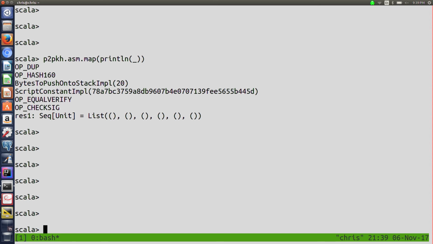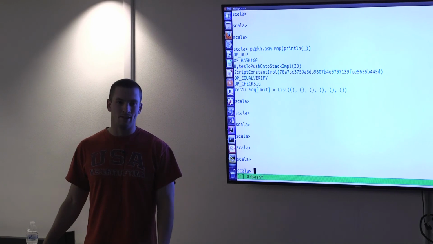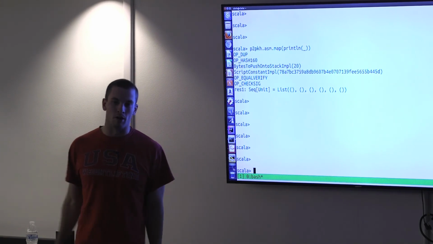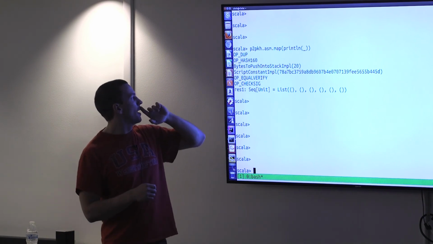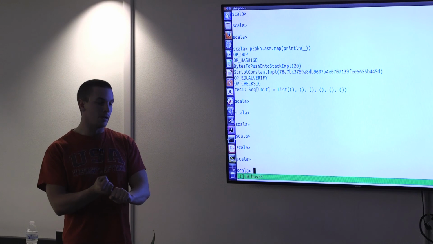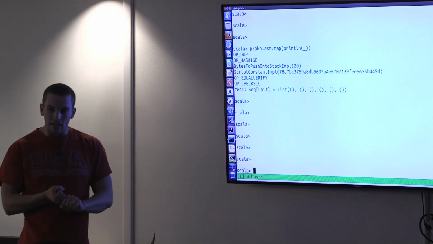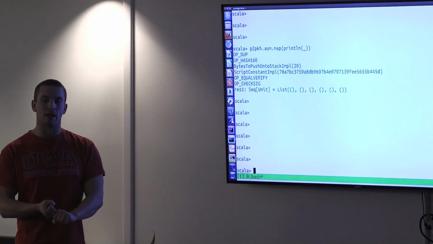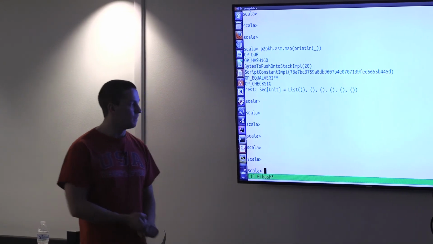The protocol developers figured out a way around the problem of quantum computing possibly having a big breakthrough and everyone's bitcoins being stolen right away: hashing that public key. So when you want to spend these bitcoins, A, you need to provide the public key that hashes to this value here, and then B, you need to sign the transaction with the private key that corresponds to that public key.